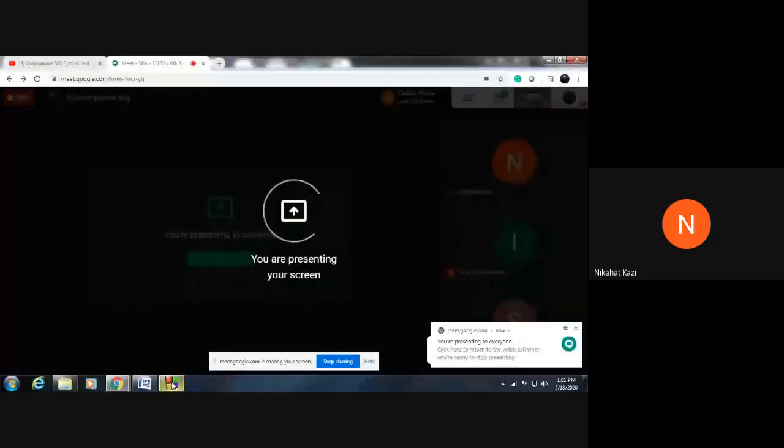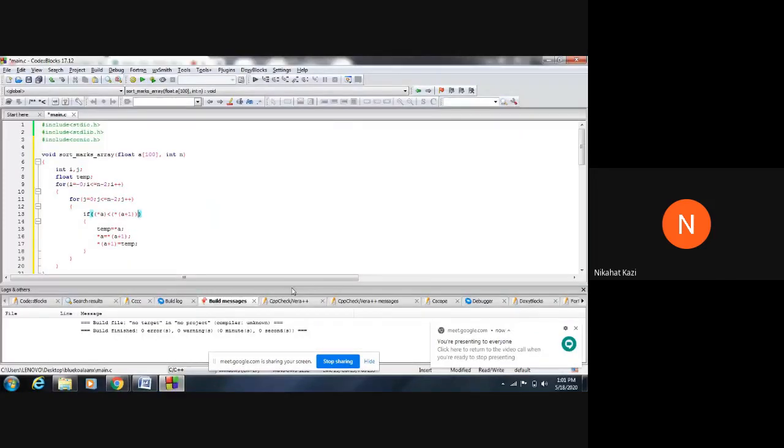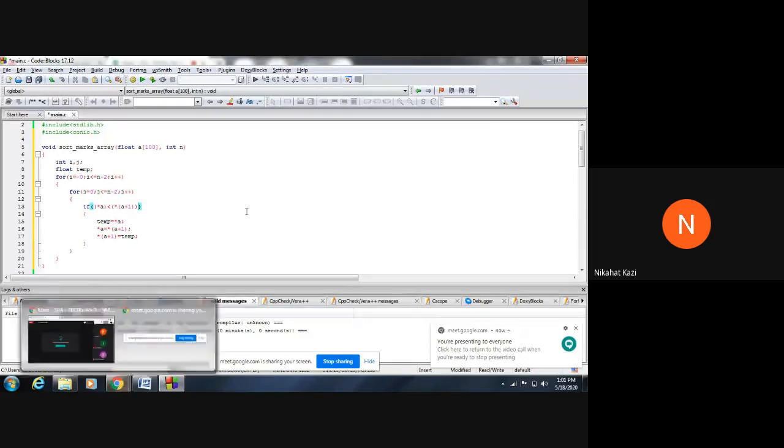Can anyone volunteer? Samay, yes, Samay, please. Please share your screen. Okay, who is sharing? Okay, Ishan is sharing. Okay, let us see one by one both. What you have done is, okay, float. Can everyone see the screen? Can you all see his screen? I hope everyone can see his screen. So Ishan, can you just increase the font, maximize it?